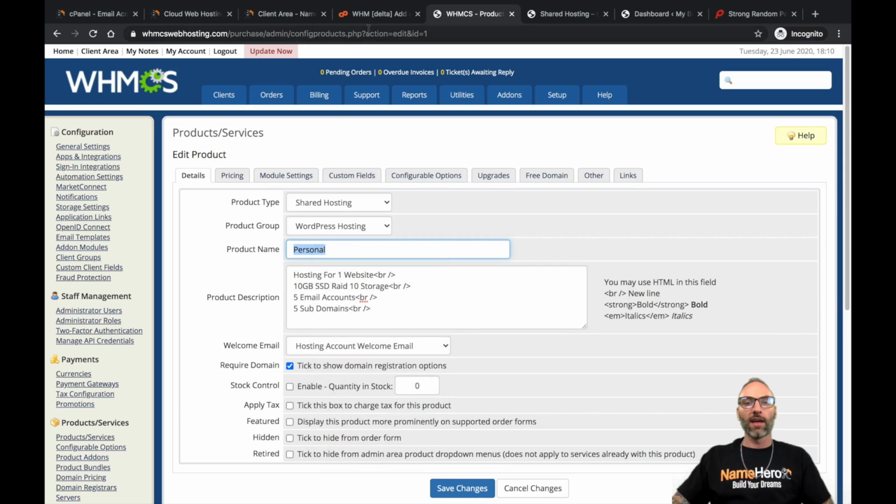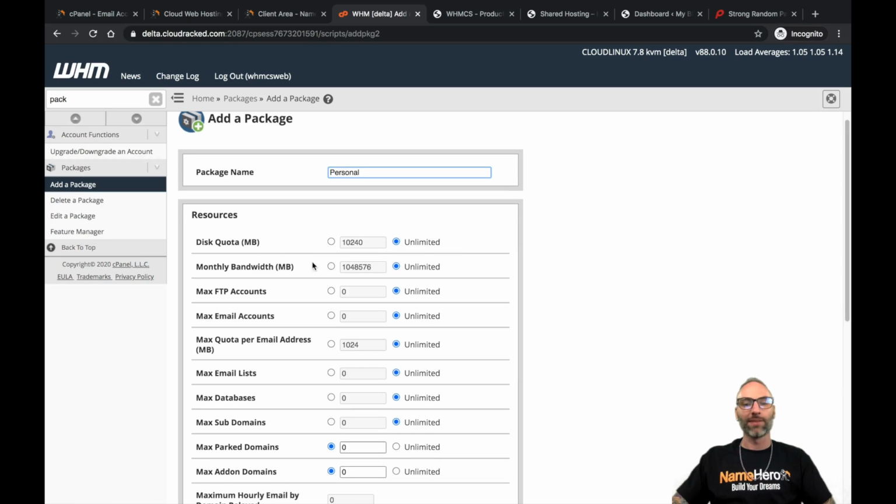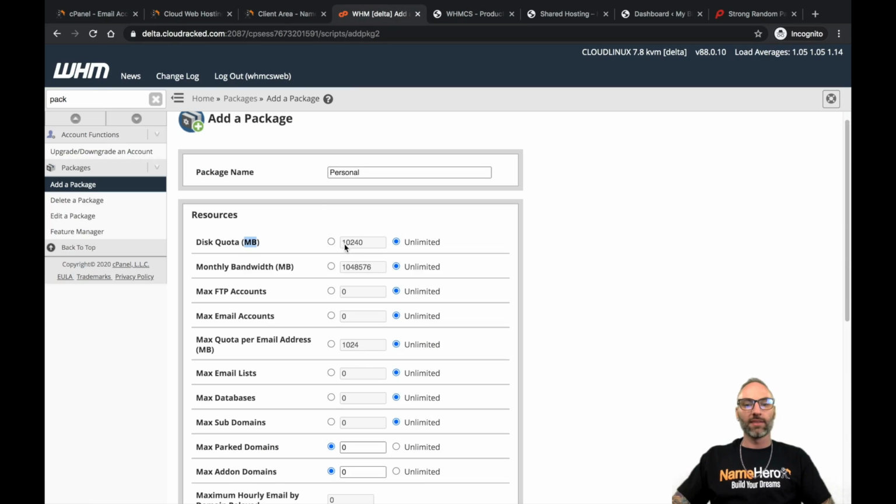So I can just start, and I like to do these simultaneously because I can just copy and paste. As I mentioned a little earlier, I'm lazy, so less typing, right? Okay, so disk quota, this is in megabytes. Remember we said 10 gigabytes, so that's actually 10,000 megabytes. 10,000 megabytes. Bandwidth. Nowadays, most hosts offer unmetered bandwidth because bandwidth is pretty cheap, and